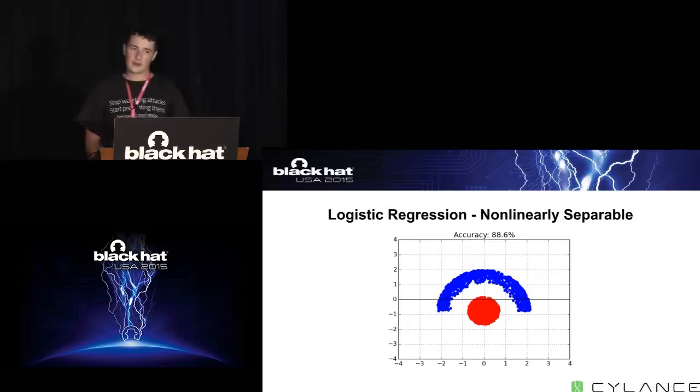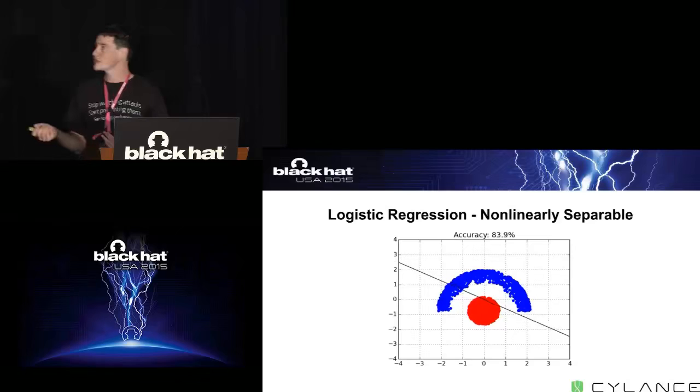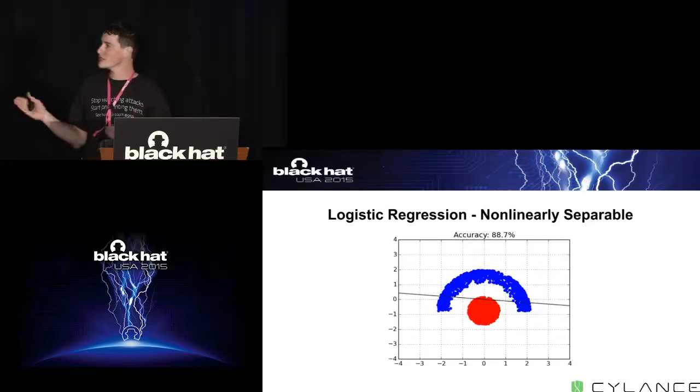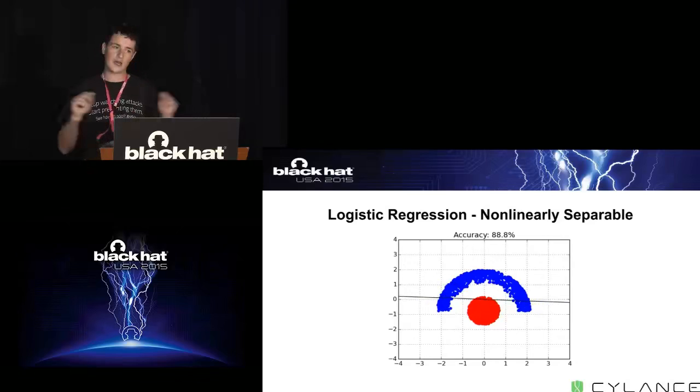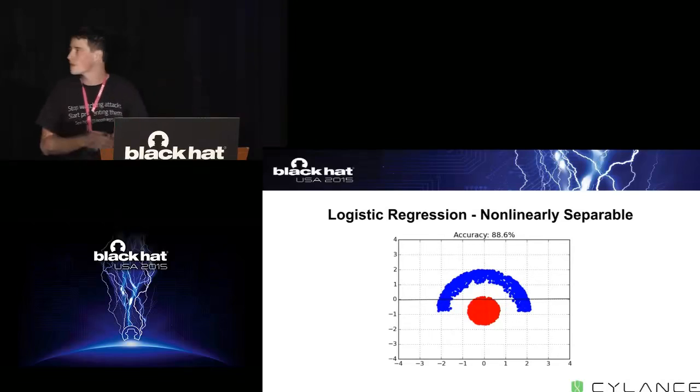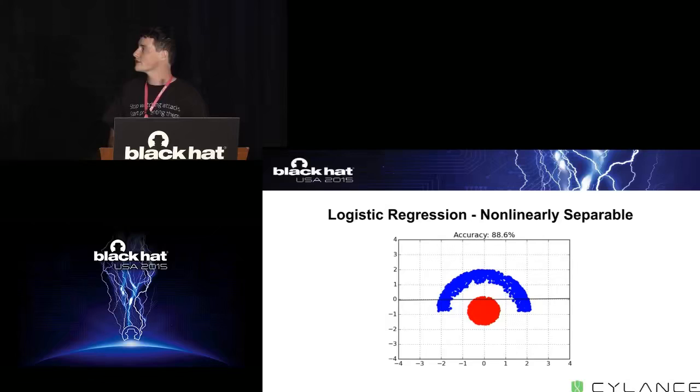However, there are some failure modes, right? Like I was saying, feature engineering is vitally important. And for a model like logistic regression, if your features aren't linearly separable, in other words, they're non-linearly separable in this example, it's not going to do as well, right? So as you can see from this toy problem, there's no dividing line that you can come up with that'll perfectly separate those two classes. You could have maybe something curved, but logistic regression isn't going to give you a curve. So you can see it has sort of a middling accuracy of like 88.6%.